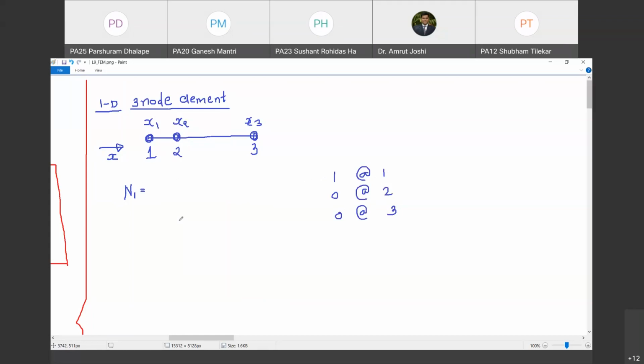Yes. So पहले कौन सी condition satisfy करेंगे? The first thing to do is to satisfy conditions where I want this function to be 0. So where do I want this function to be 0? At 2 and 3. So naturally I will have to incorporate x minus x2, which is the coordinate of second node, multiplied by x minus x3, which is the coordinate of third node. You will understand that at 2 and 3 it is 0. It is not 0 anywhere else. So it is 0 at node number 2 and at node number 3. This function will become 0 if I make this choice of polynomial. Are you with me? Type your response in chat box.